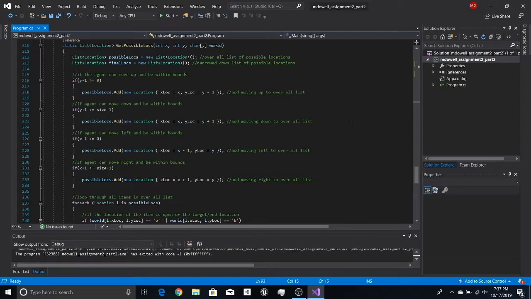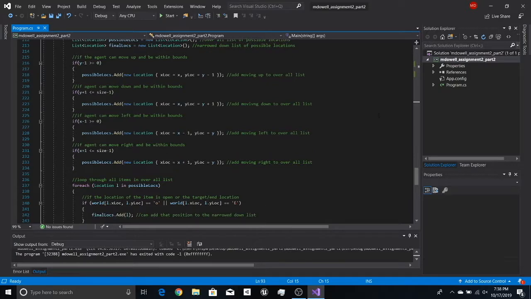been visited. So first, I check that the Y location -1 is greater than or equal to 0, which means that it can be moved up, and I add that location to the possible locations list. I do the same thing for the down location, checking that Y plus 1 is less than or equal to size -1 to make sure it's within the bounds. I do the same thing for moving left. X -1 checks if it can move left. It can if it's greater than or equal to 0. I do the same thing for moving right. X plus 1 has to be less than or equal to size -1 in order for it to be able